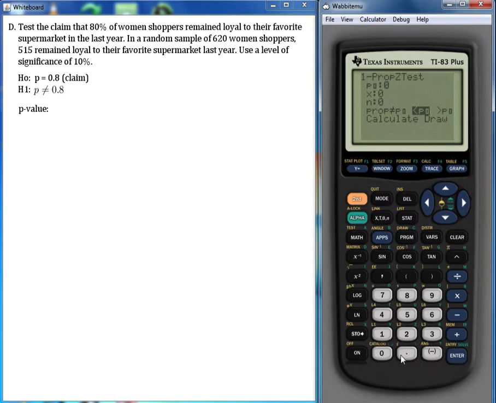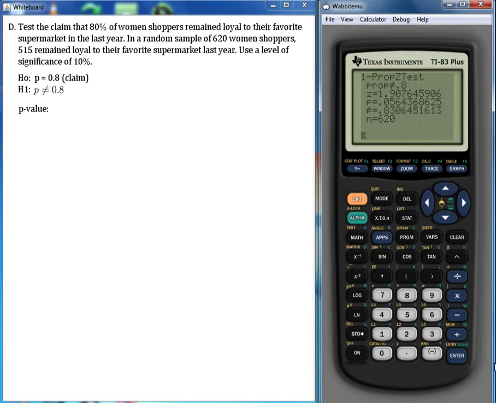Okay, so we'd put the proportion from the null hypothesis in right here. X is the number of items in our sample that favor the event. So there's 620 items in the sample and 515 favor that event that we're looking at, the women who were loyal to their supermarket. The sample size is 620. And the symbol in the alternative hypothesis is P is not equal to. So we calculate,